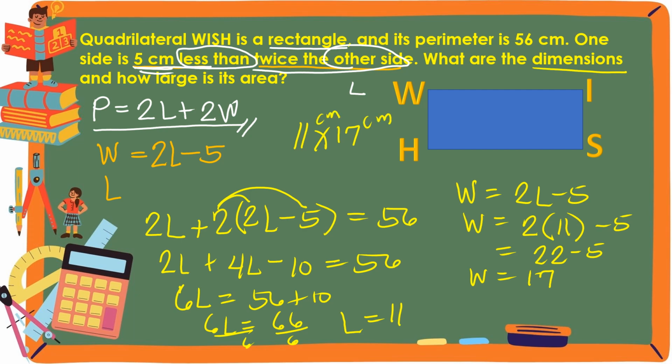Pangalawang tanong, how large is its area? So, ang alam natin, paano ba natin makuha ang area ng rectangle? Length times width. Ang length natin ay 11. Ang width ay 17. So, 11 times 17, that's 187 square centimeters. So, ang dimension ay 11 by 17. Then, ang ating area is 187 square centimeters. So, yun. Tapos na tayo sa ating